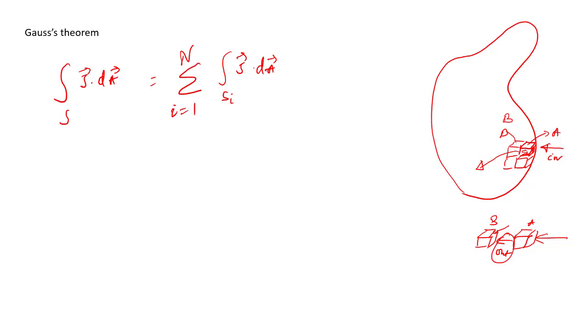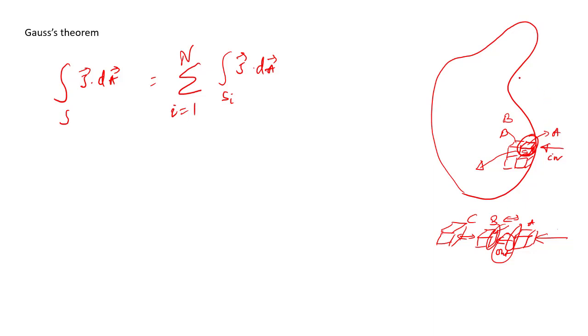So if in is positive and out is negative, or the other way around, whichever convention you use, these two sides, because they are attached, get cancelled out. Similarly, if I have a cube next to B, and call it C, these two cancel out. So overall, if you divide this potato into small cubes and do the flux over each cube and add